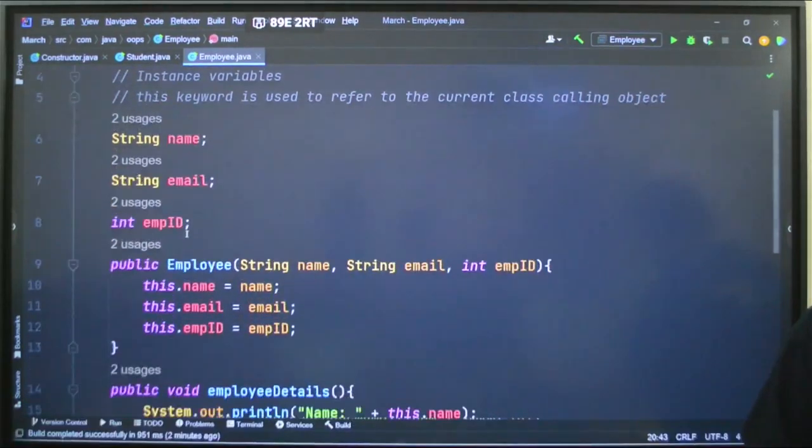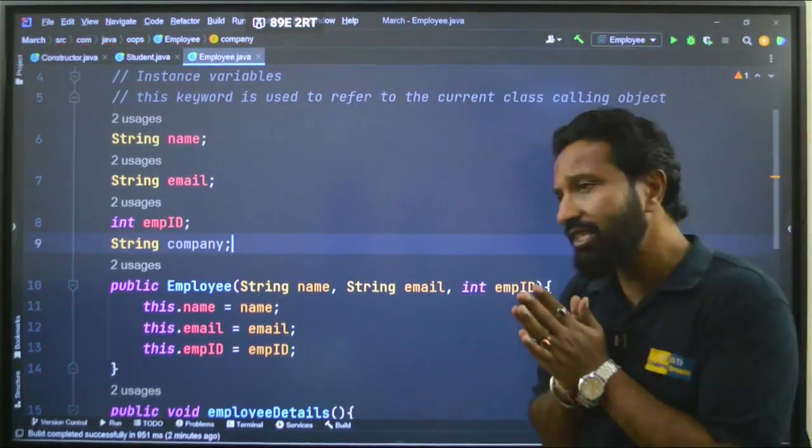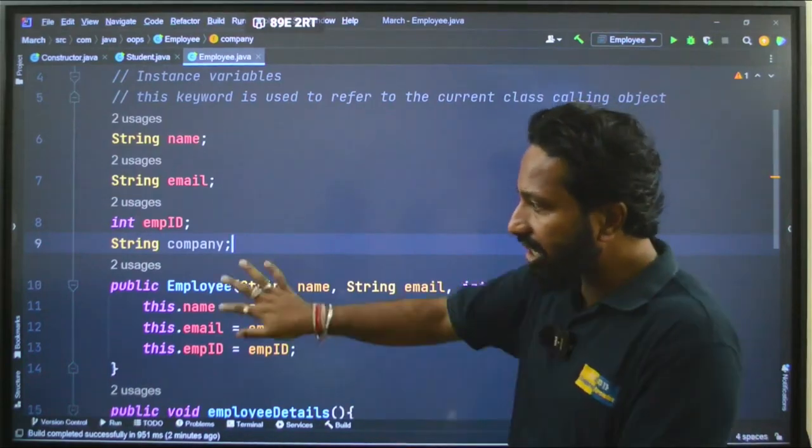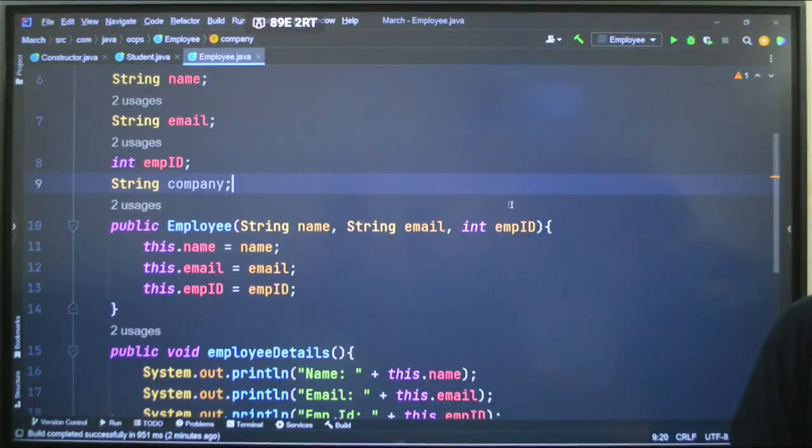So what I will do, I will write like this. See, string company, and we both belong to the same company, right? So then what can I do? The same process if I follow, I can write like this.